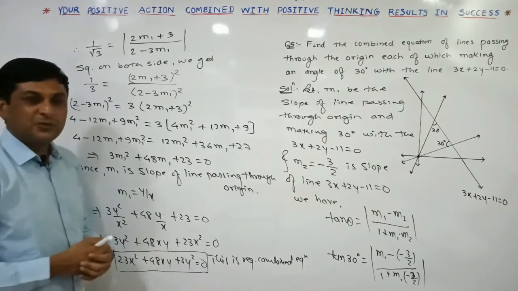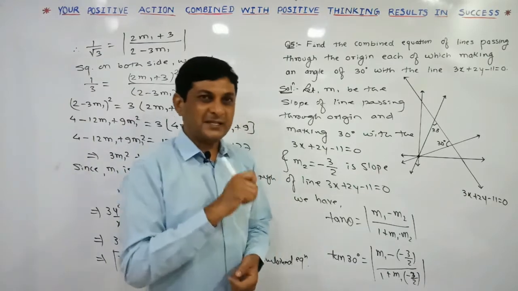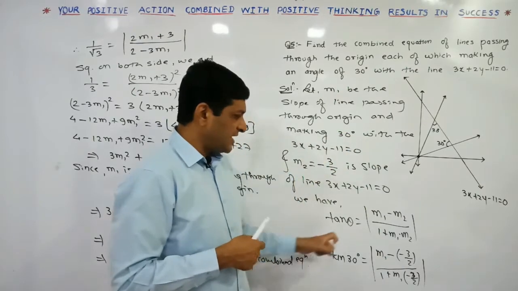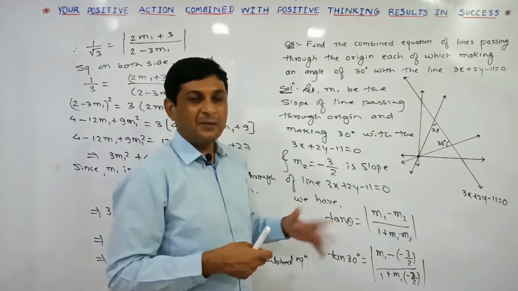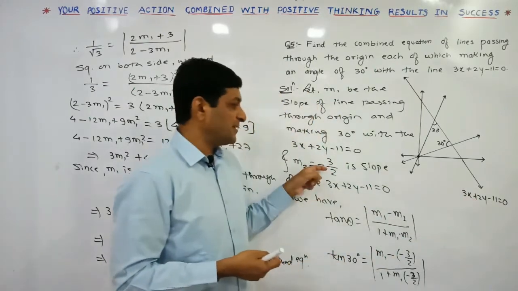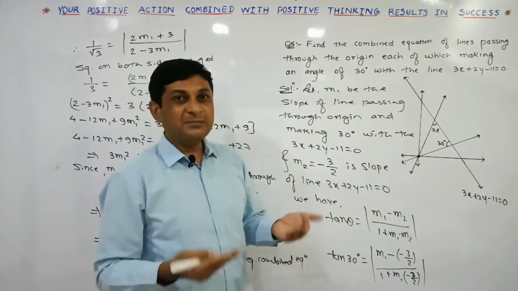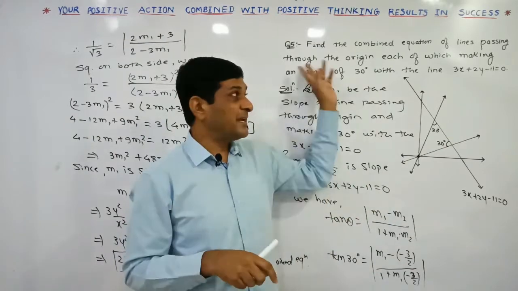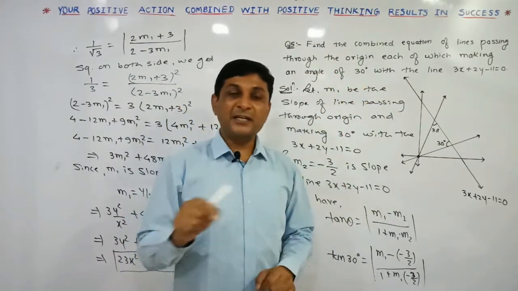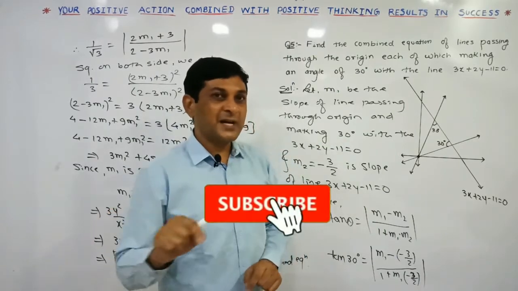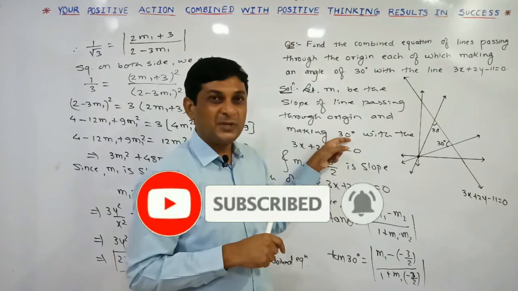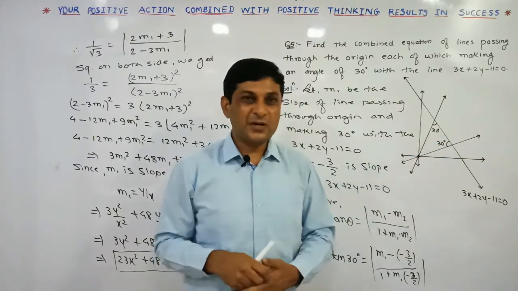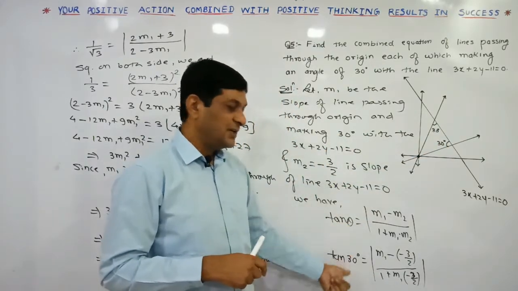So I hope the method is clear to you. Whatever method we have used here, the same method is applicable if 30 degree is replaced by what? 40 degree, 45 degree. If 45 degree comes here, then 45 degree will come here, the method will be the same. As you change the equation of the line, its slope will keep changing. Getting it? And if this angle is equal to 60 degree, at that time the question can also be asked this way: find the combined equation of lines passing through the origin and forming an equilateral triangle. If such an example is asked, it means making how much angle? 60 degree. Is it clear? So if the triangle is equilateral, each angle will be equal to what? 60 degree. By taking theta equal to 60 degree, you have to solve this example.